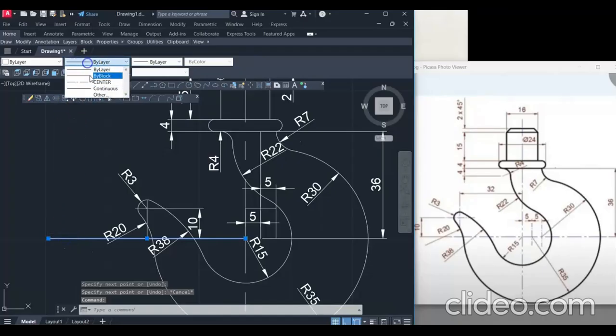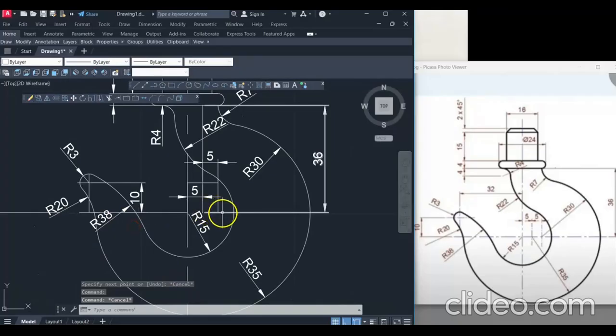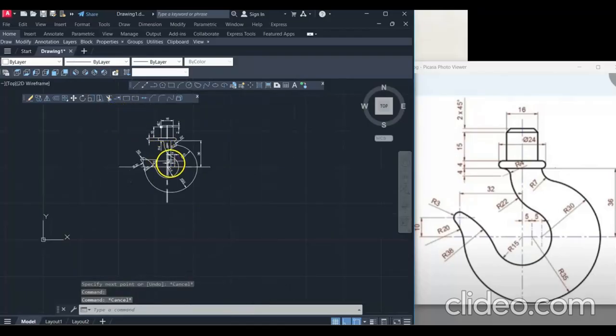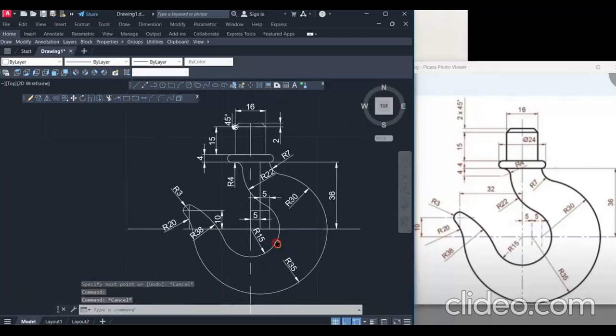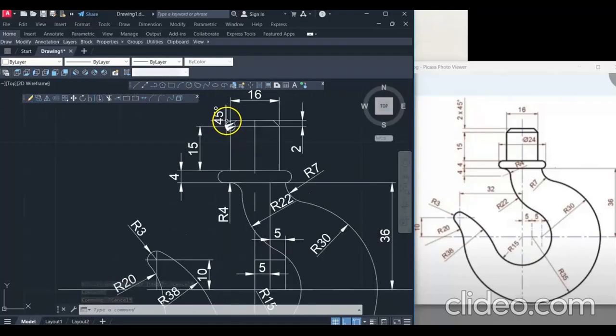Apply the center line here also. Some break has come. Apply the center line. Okay. So in this fashion, we have completed